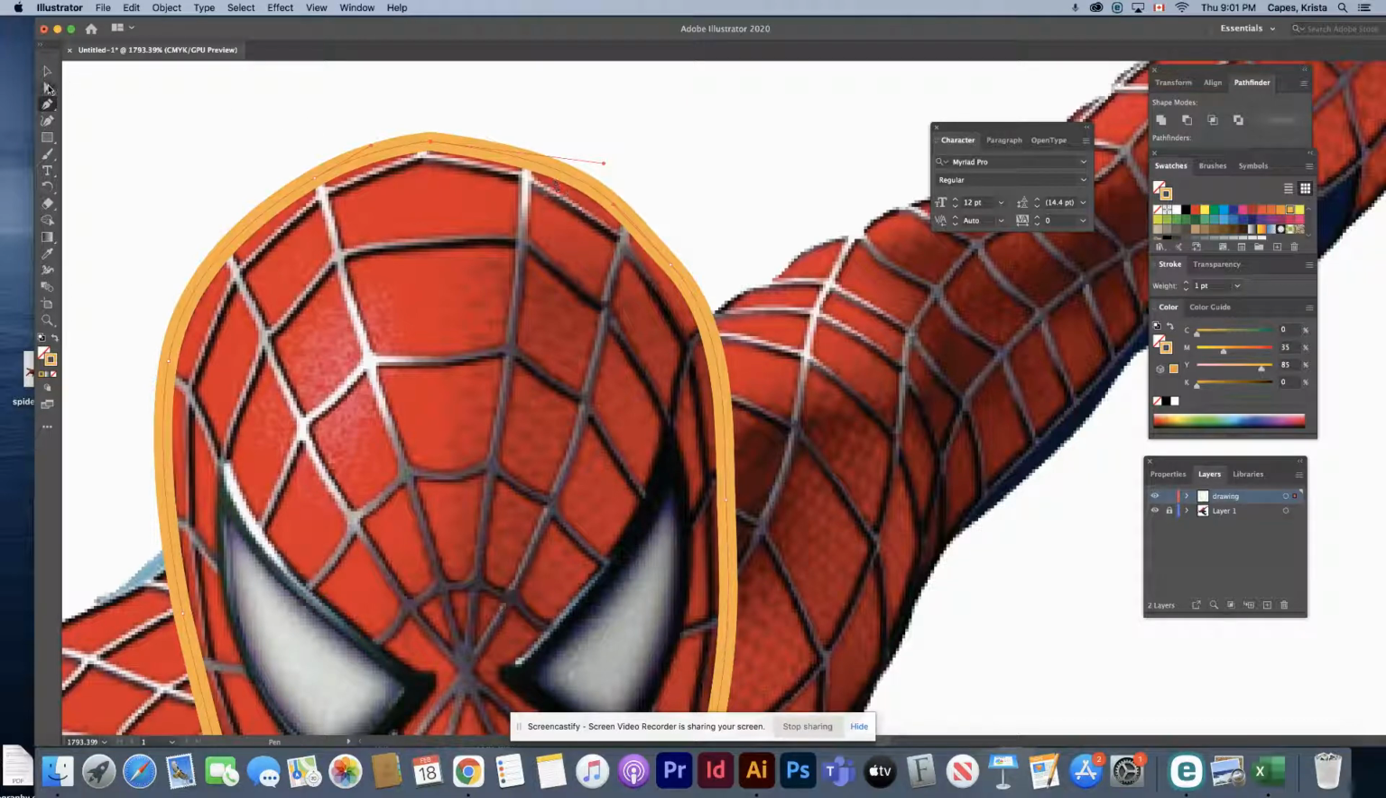Now what I'm going to do is I am not going to go to the black arrow because that would select the entire shape. I'm going to the white arrow, and I'm going to click on that one node. See how it's selected and none of these are? I am going to adjust that curve and that node until it gets to a point where I am happy with how